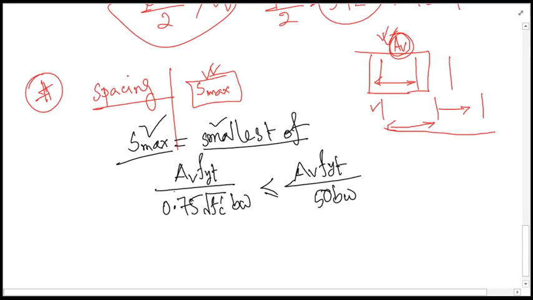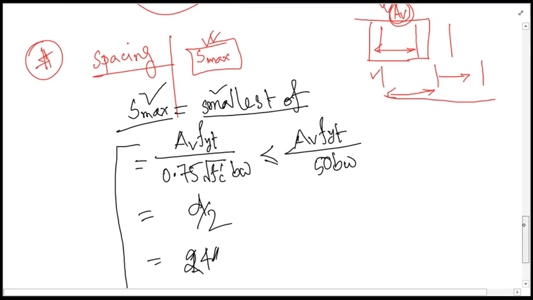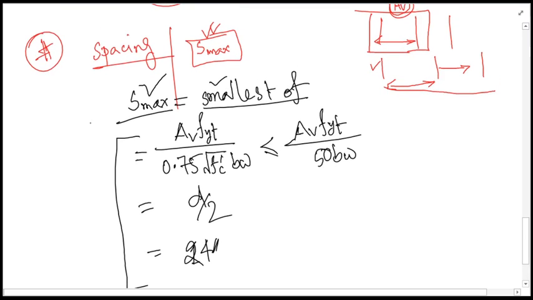S max must be smaller than this one, or it must be smaller than d by 2, or it must be smaller than 24 inch. So for these three conditions, whichever is the smallest, you will be applying that spacing. And for a particular